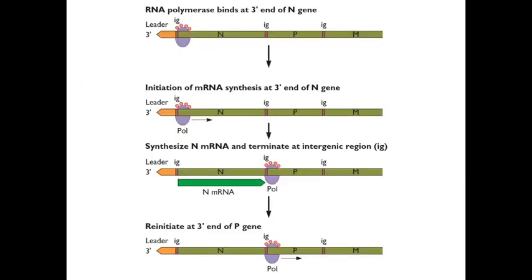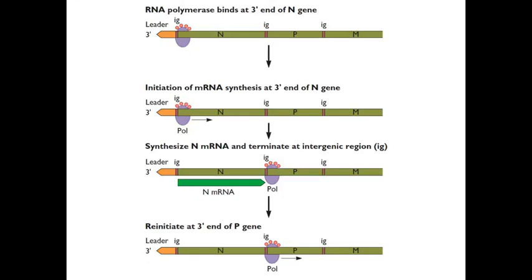So here's how that works on a single gene basis. Here again is the viral RNA. When the viral RNA comes into the cell, the polymerase is already attached to it. It begins to copy the first gene, which is the N gene, makes an N mRNA, and then it stops. There's an intergenic region. It says to the polymerase, stop, and then it begins making an mRNA for the next one. In the presence of N protein, this termination at the intergenic region is antagonized, so you make a full-length plus strand. Now, how does polyadenylation work? Each of these mRNAs is polyadenylated, and the cap is attached by the viral RNA